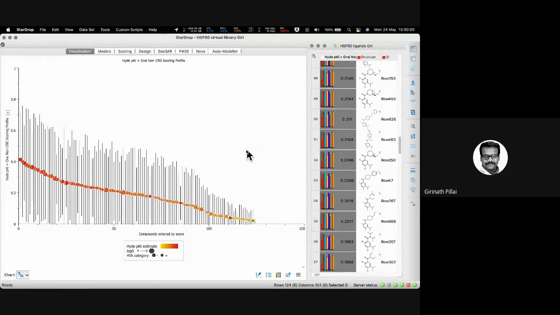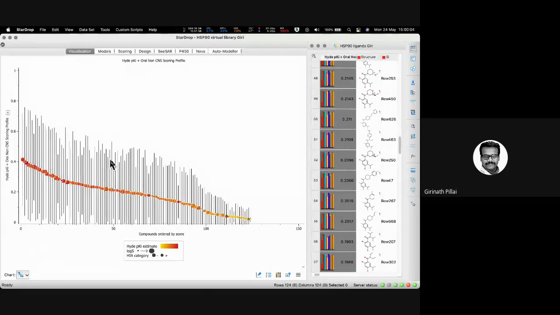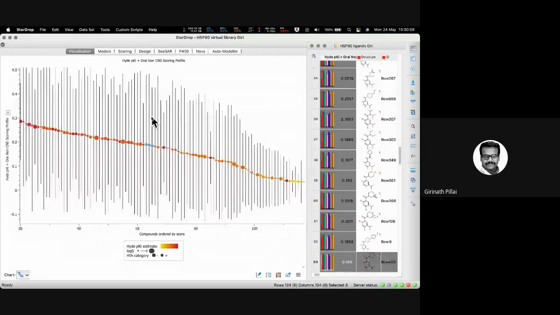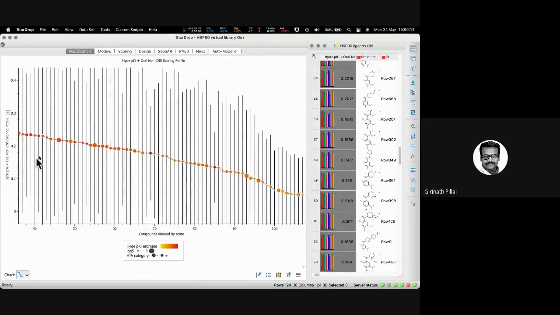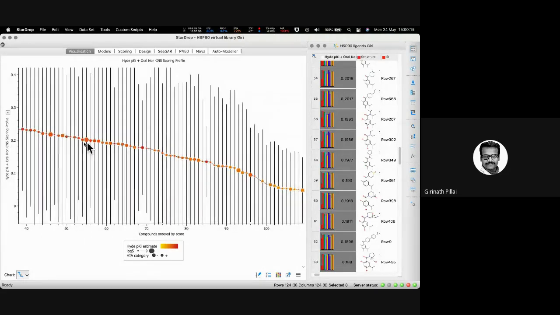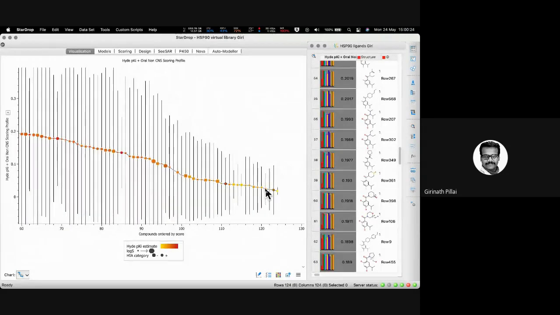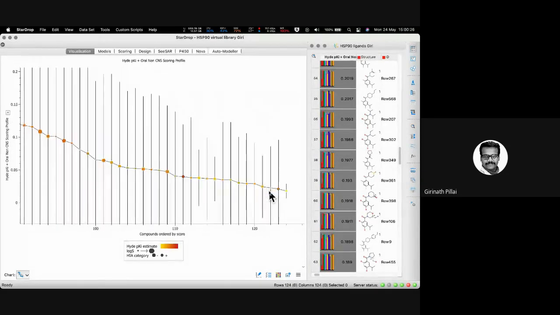And keep in mind, this is what I was telling you: just on docking studies, don't make decisions. Let me show you that. Still the rule is the same. Wherever you see larger size, that has better solubility. Wherever you see dark red color, the biological activity is also good. Wherever you see yellow color, the biological activity is very, very low. And that is satisfied here. Here, the biological activity is less. You can throw them away.